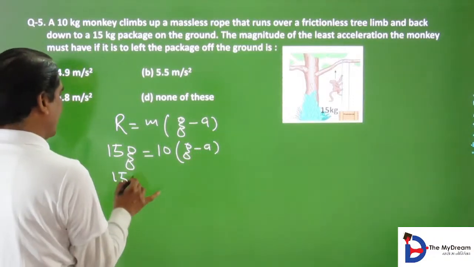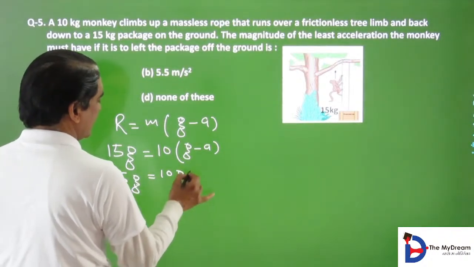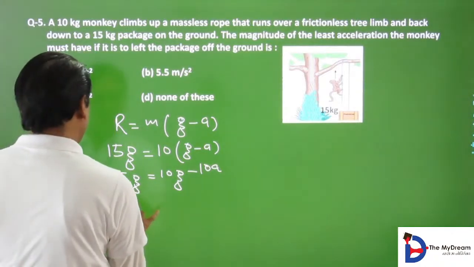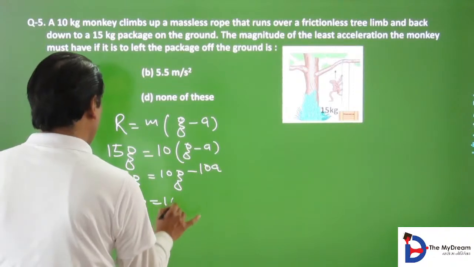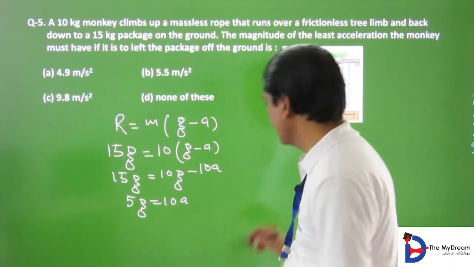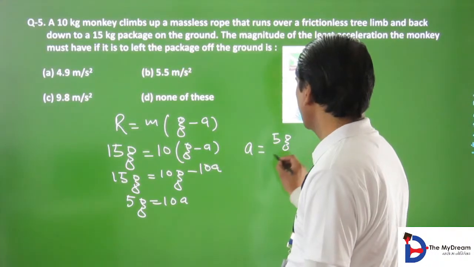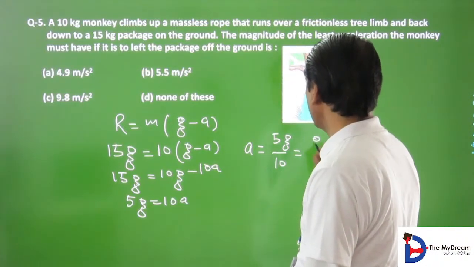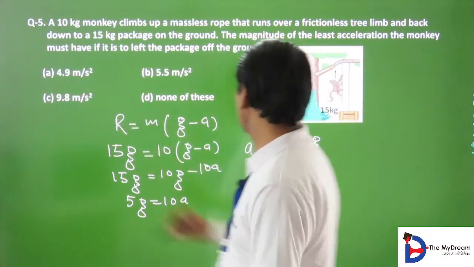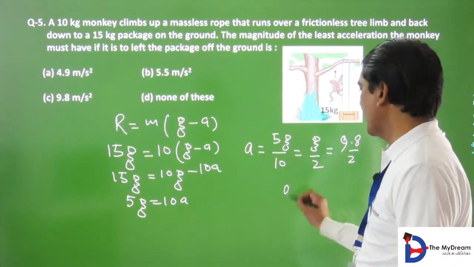So 15G is equal to 10G minus 10A. This is 5G is equal to 10A. And now the value of A is equal to 5G by 10. That is G by 2. G by 2 is the answer. Check it. The value of G is 9.8. So you will get 4.9